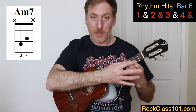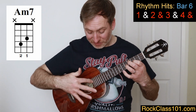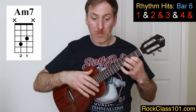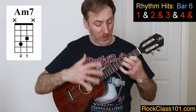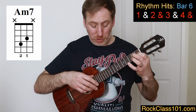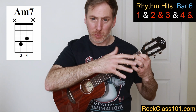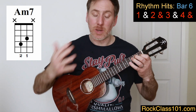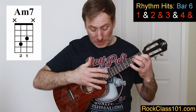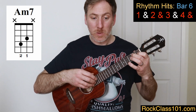So keep this shape held, this A minor 7 shape, but then add this finger on and play the double stop again. So with that C string at the 4th, we now play those 2 notes, and that's on beat 4, and then on the and after beat 4, the final note of this measure, we're just going to slide that shape back down, but then we're just going to pick the E string at the first. We're going to put this finger back on the C string at the second, but we're not going to pick this or do anything with it yet, but we're going to keep that there ready for the next measure because we will be using that shape. So the last note there of this measure, just the E string at the first, and we just pick that there. So what we'd have is...